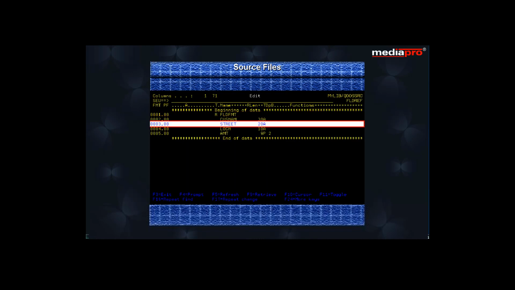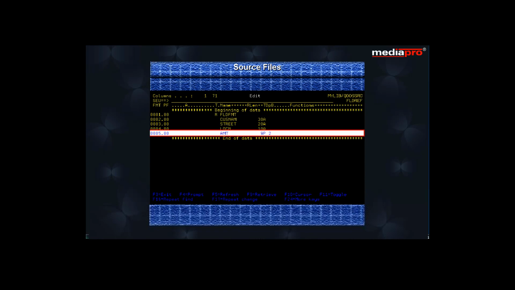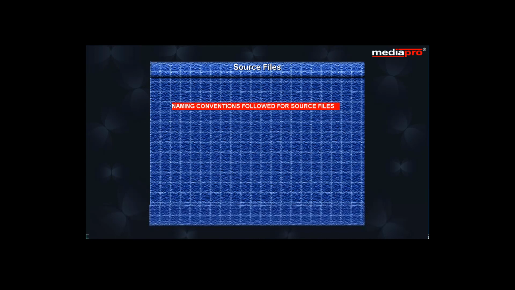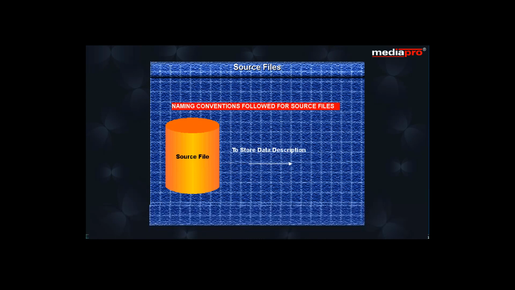Each line of code that we write becomes a record in the source physical file, and the entire description for a file is stored as a separate member in the source file. There are some naming conventions that are normally followed for source files. The source file used for storing data description is usually named